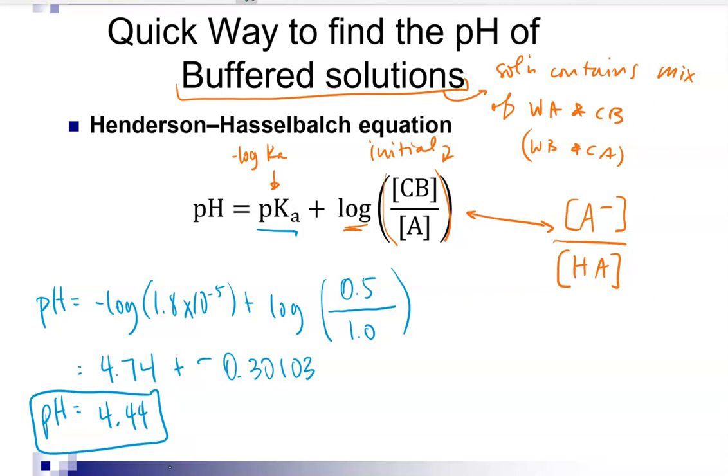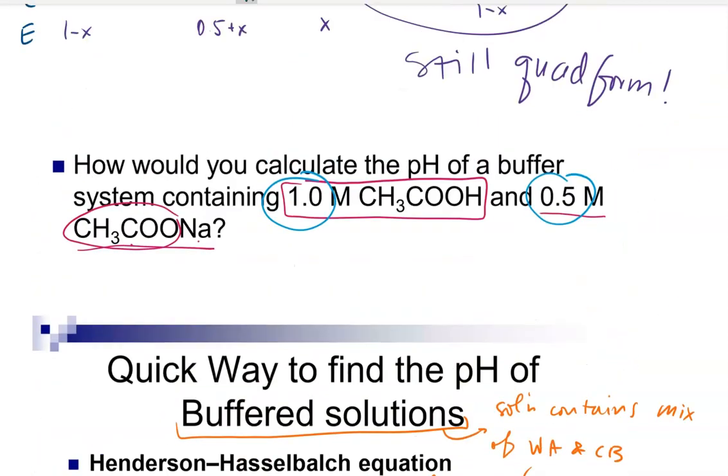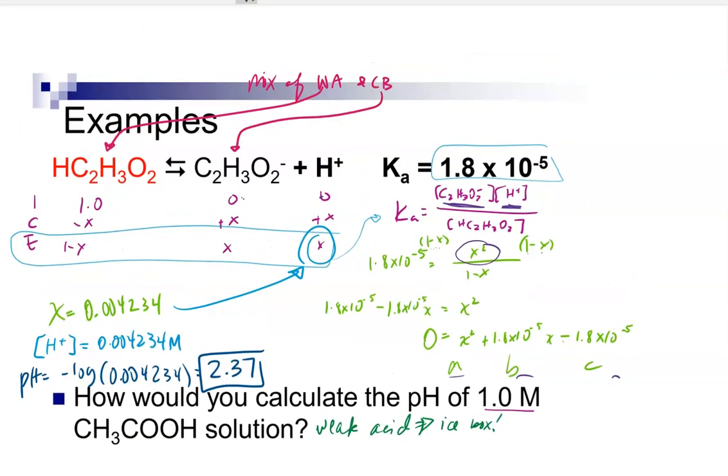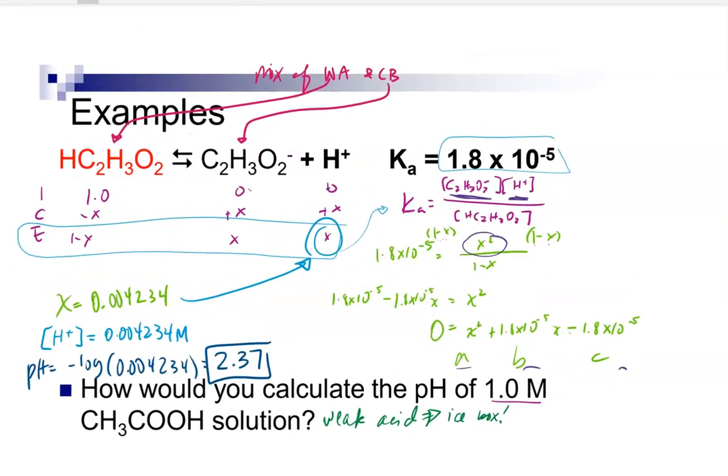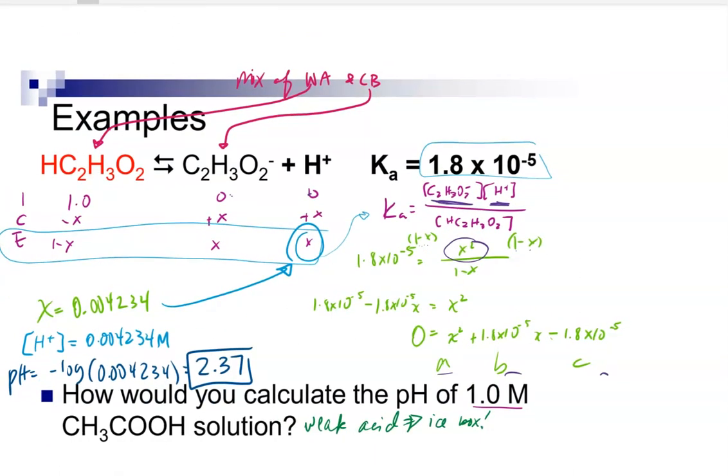Does that number make sense? When we did this calculation, we found the pH of just 1 molar acetic acid is 2.37. And then notice when we added a fair bit of the base, we increased the pH. Remember that pH is kind of inversely telling us about the H plus concentration. So a higher pH means a lower H plus